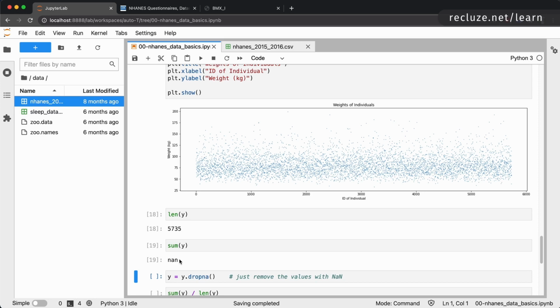But here you can see that we have some sort of a problem in the data. And I'll tell you what the problem is, but you need to be aware that in the real world, this is the type of stuff that you come across. And this is what you have to deal with. The actual formulae or the mathematics of statistics is extremely easy. Look at this formula. Sum all of them together, divide by their count. That's all there is to it. But when you get into the real world, you come across these issues. And that is what this course is about. Okay. So let's go ahead and see what the problem is.